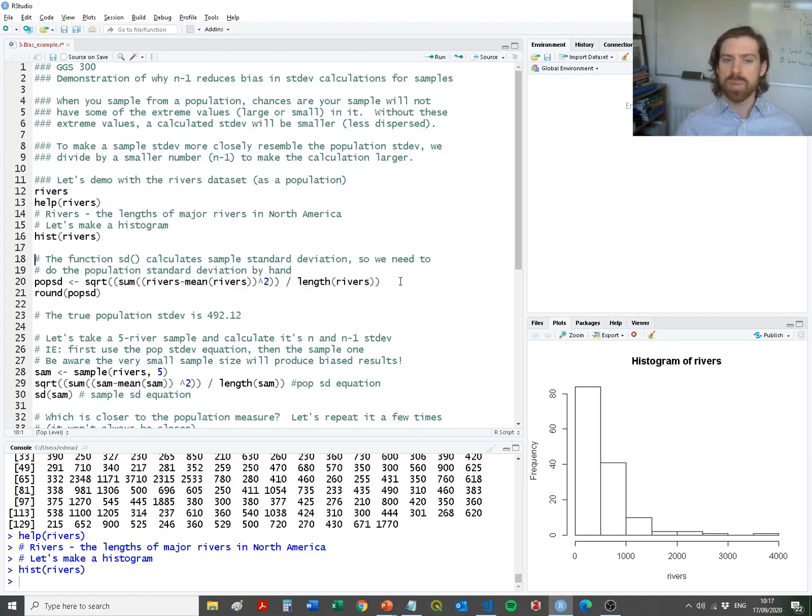So let's do this by hand. And let's remember that we might not always have the population standard deviation available to us. So you'll remember that it's expensive to carry out a census where you survey each individual. And therefore, often within statistics, we will sample populations because it's cheaper. It's more efficient in time. It's cheaper in monetary resources if we're able to obtain a representative number of entities which represent that population, and